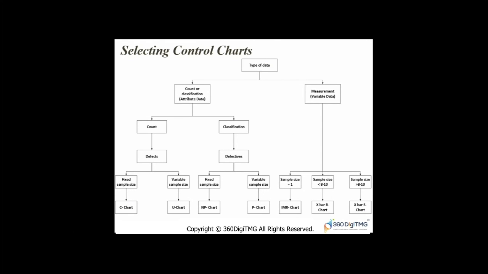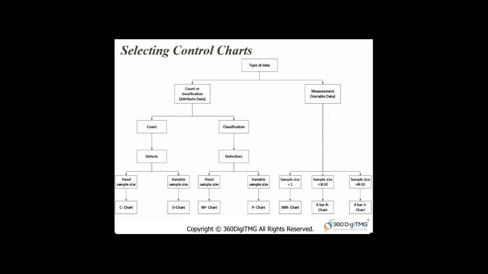And if you have only one sample size, you have collected only one sample, then you use individual moving range. If the sample size is less than 8 to 10, right, you do X bar R chart. If the sample size is greater than 8 to 10, you use X bar S chart. Range, standard deviation. X bar is the mean here. Individual moving range here. On the other side, if you have the count data or classification data, which is attribute data or categorical data, or